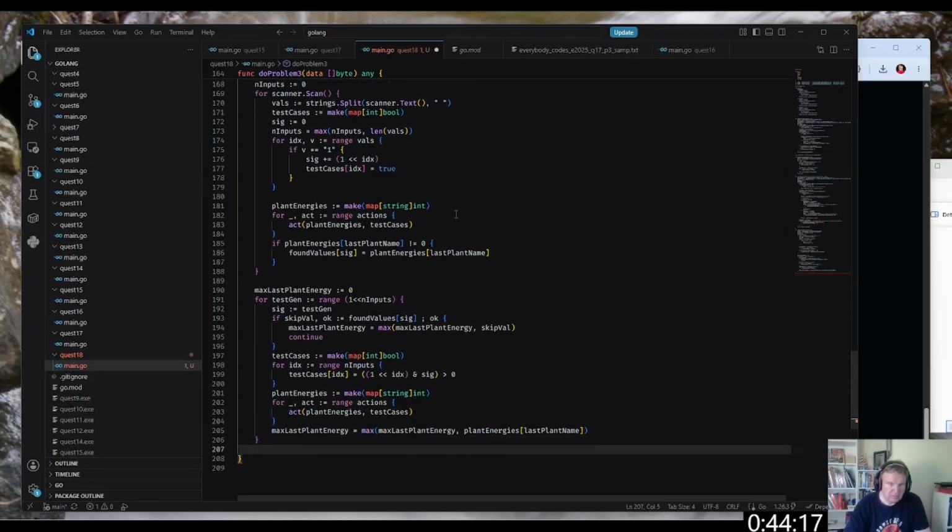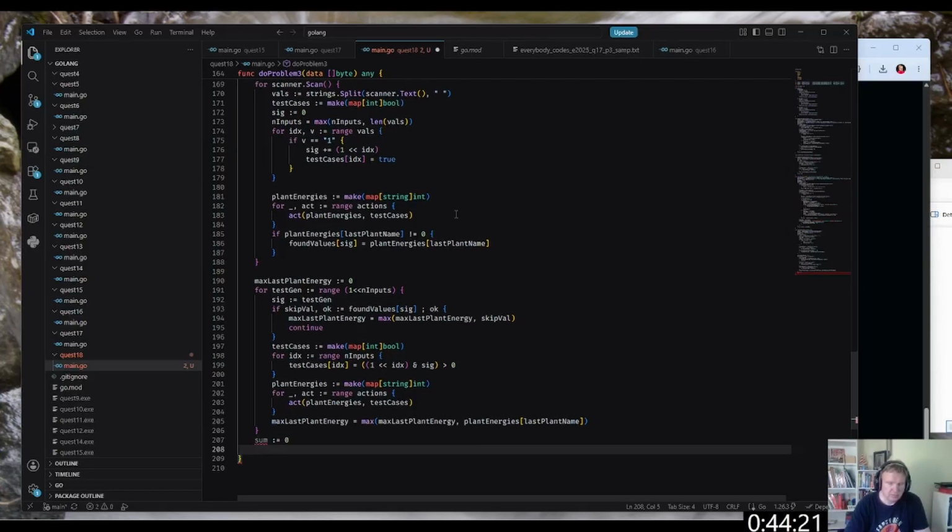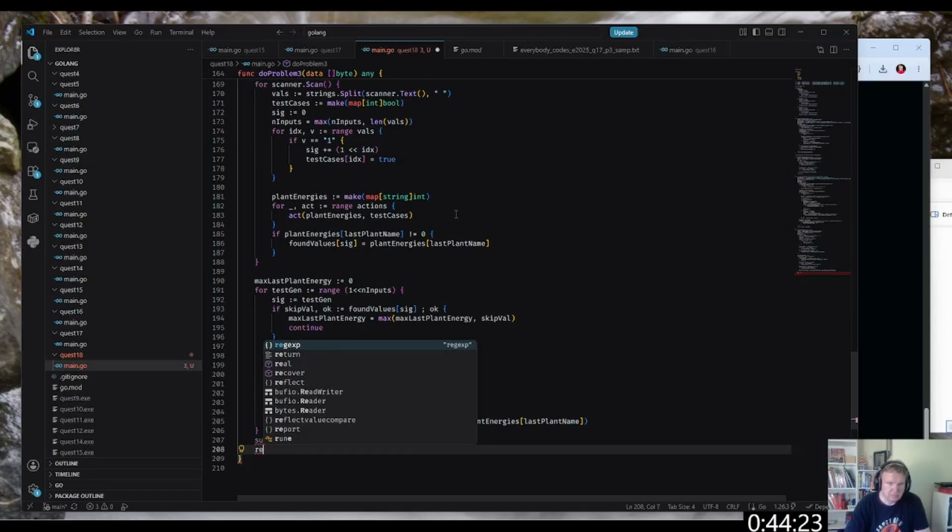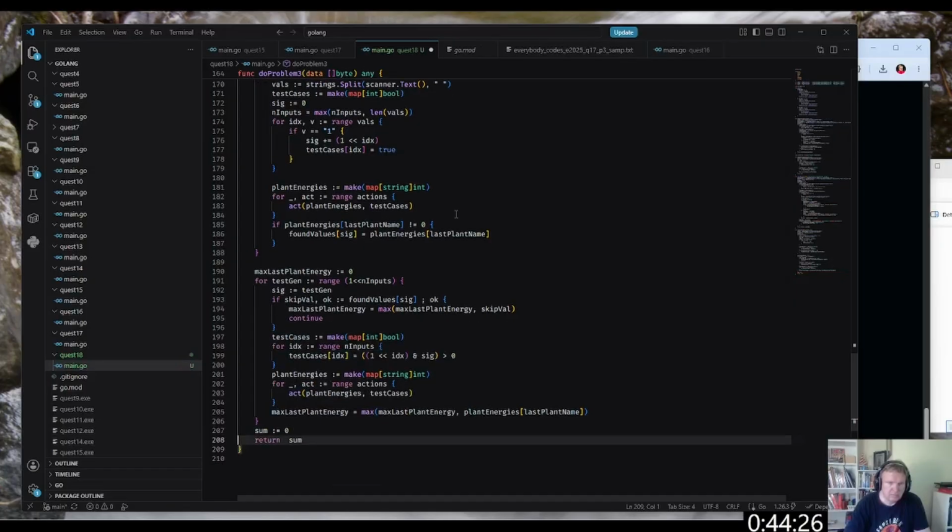Okay, and now sum colon equals 0. Return sum